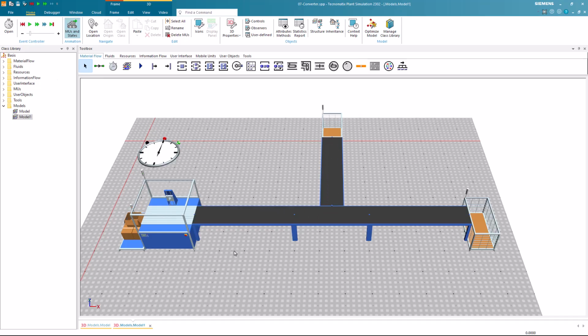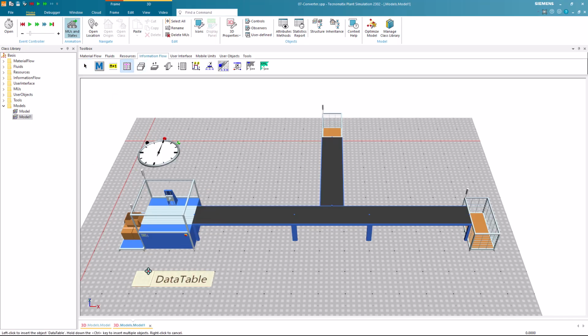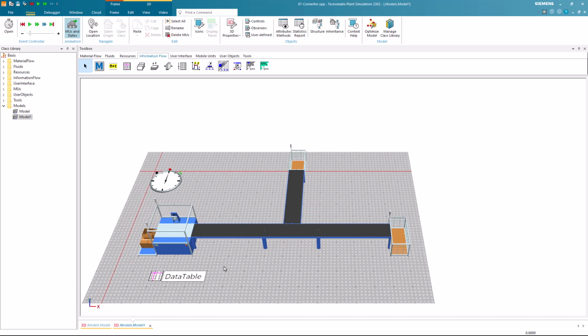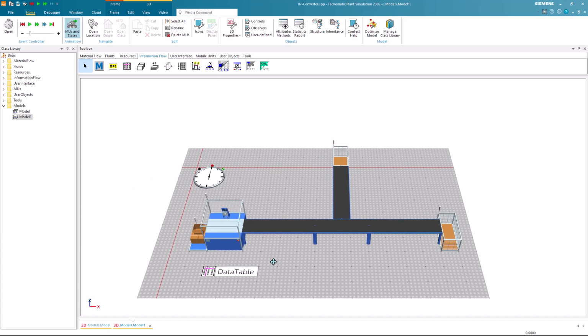As shown in the previous examples, we will use a data table to specify attributes of our parts. We will use screws and nuts in this example. First, we create a new data table and drag and drop it to the source. The reason for doing this is that we want to parameterize the source. In this way, we can let the source produce parts according to the parameters we will enter in the data table. If you are not familiar with parameterizing the source, we recommend you to watch the previous videos.